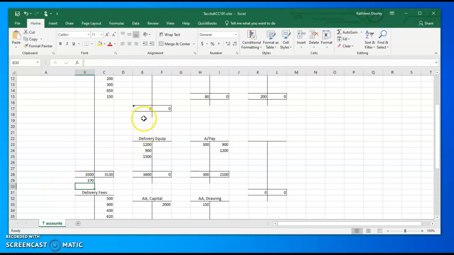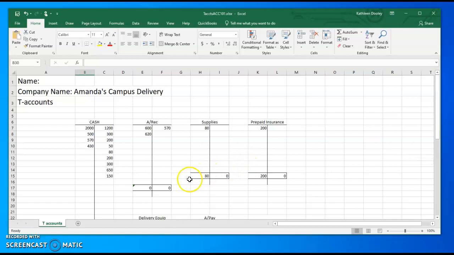Okay? Everything that only has one number, such as these supplies or prepaid insurance, I don't need to do